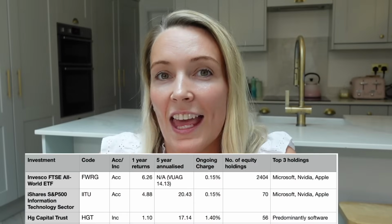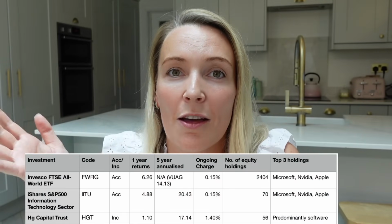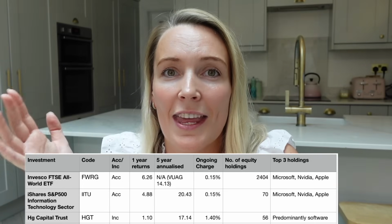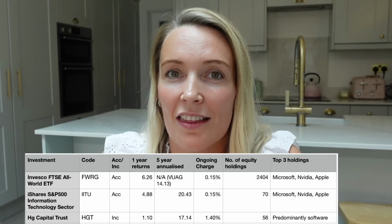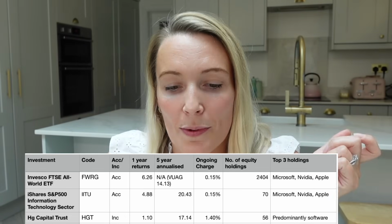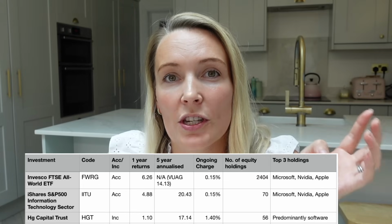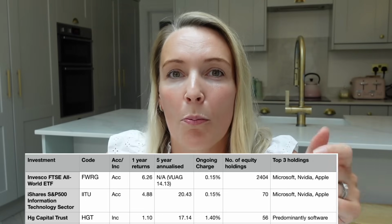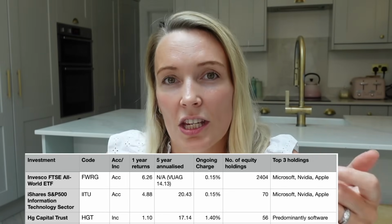The code for it is HGT. This is not an ETF, so it is not tracking a market. It is also a much more risky investment to be making, and certainly not one that I would suggest making as a beginner. The 1-year returns are just 1.10%, but the 5-year annualized returns are strong at 17.14%. However, the ongoing charge is 1.40%, and this has really made me question whether I should continue to hold